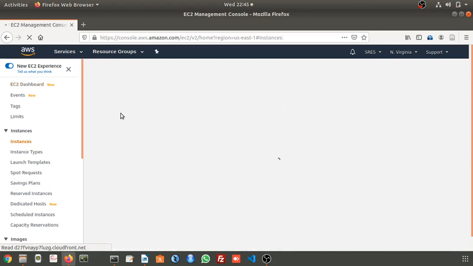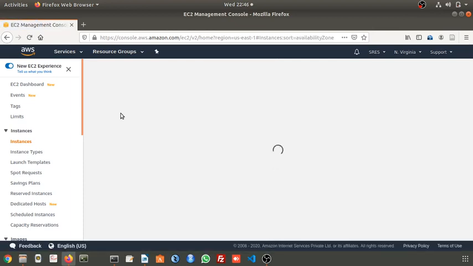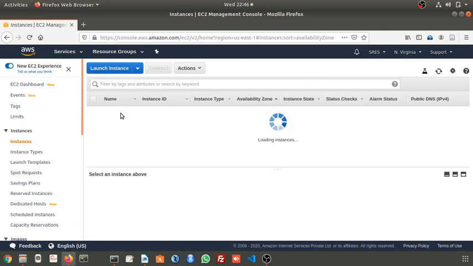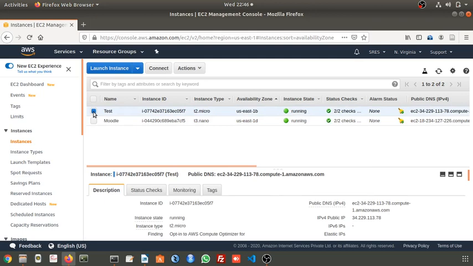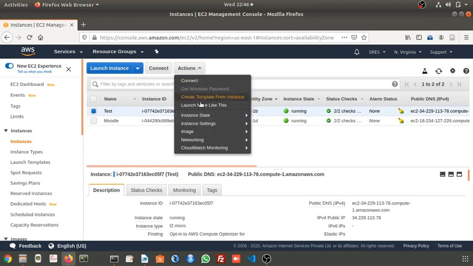In the previous class, we created one instance, that is test1, and one instance with this module already existed. Let me terminate this instance. To delete this virtual machine, select it, go to Actions, Instance State, and Terminate. If you stop it, the existing data remains as it is.